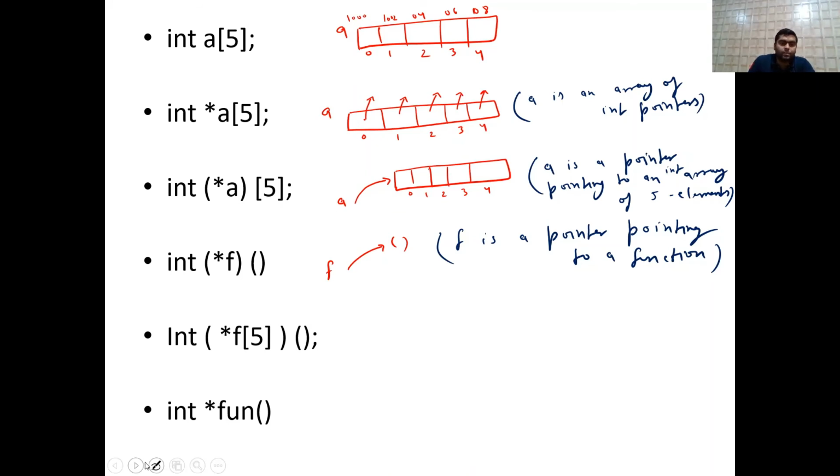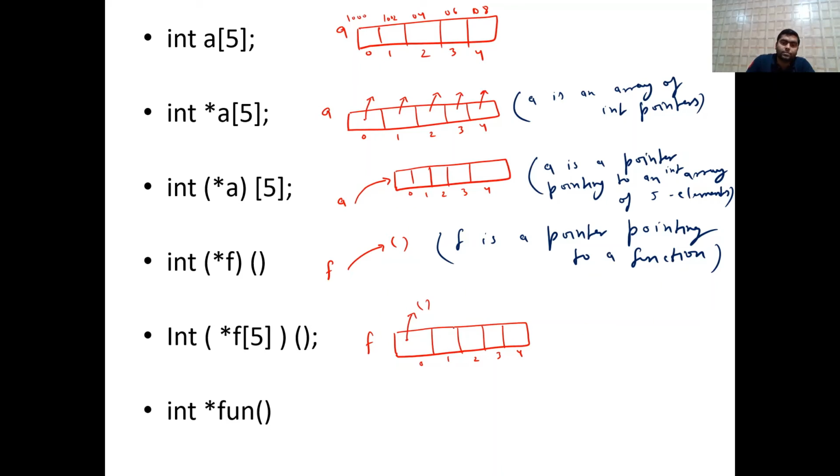Now next is integer star f of 5. Star means it is a pointer pointing to a function. So in that case f is like this, 1 2 3 4 5, like 0 1 2 3 and 4. So f is an array of pointers and each element is pointing to a function.